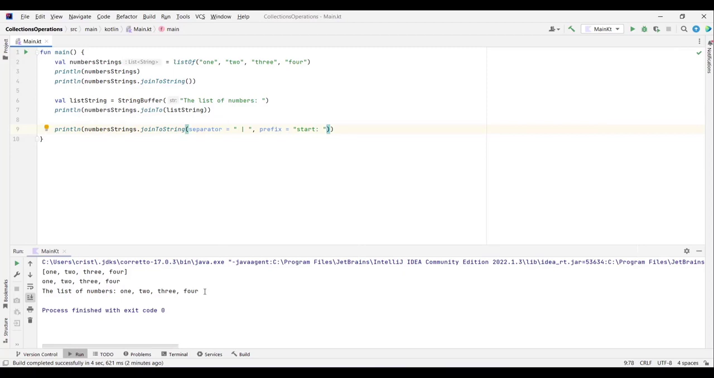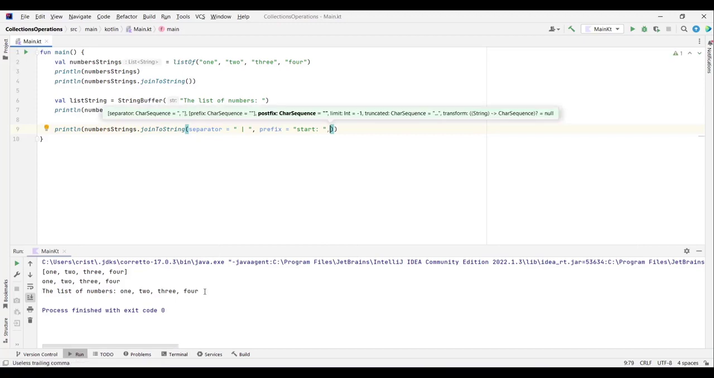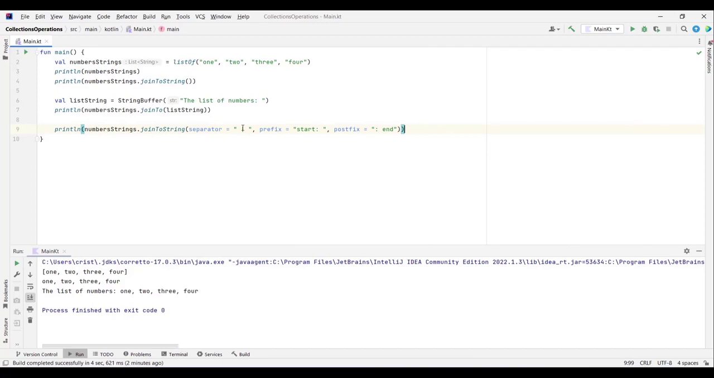And we also need to provide the postfix, and to do that we put another comma here. So those are named arguments which are defined in this function joinToString. So we type here postfix, and we put colon end. Now if you run this, you're going to see them separated by this separator that we define here. It's going to have the prefix start, and it's going to have at the end this postfix, which is a colon and end. So now if you run this code,